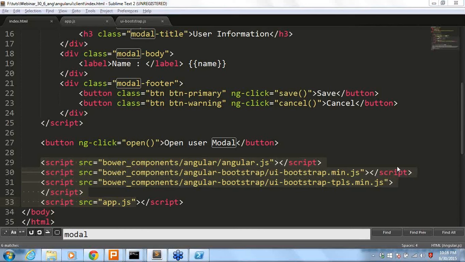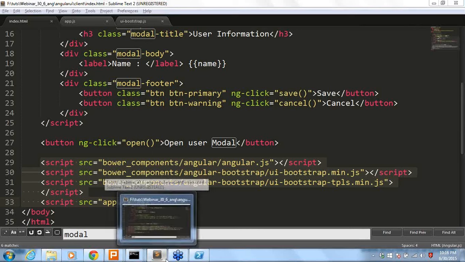From Nidhi, we have a question: if I want to use a single modal template for a few different modals, which will show different data, is it possible, and how? Yeah, that is really possible. The data you are going to pass might be a single structured data. If you are using single structured data, you can use a single modal pop-up itself. I will show you how you can do it. Okay, let's go to our page.